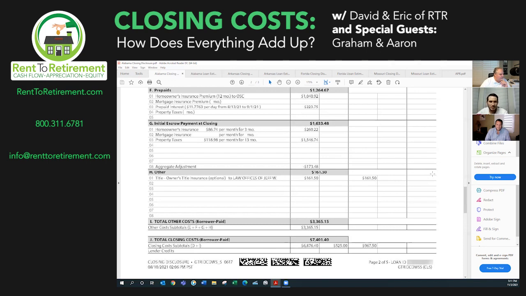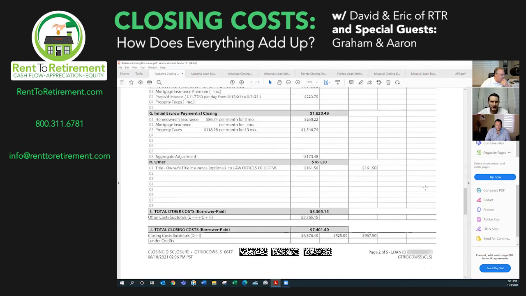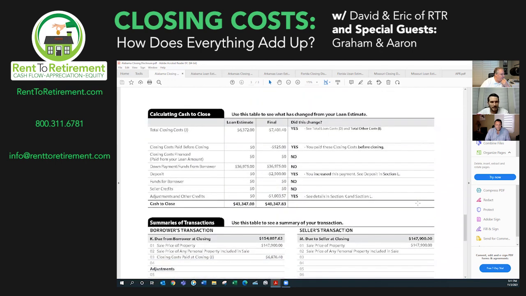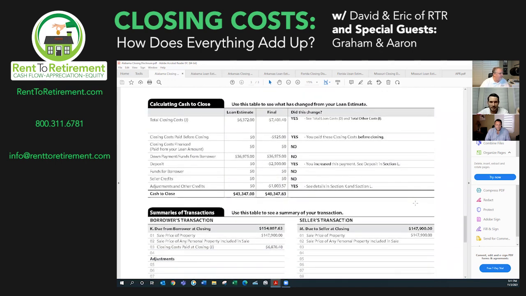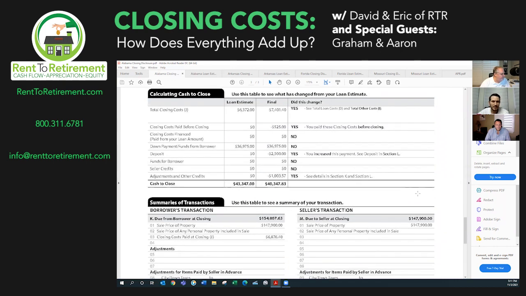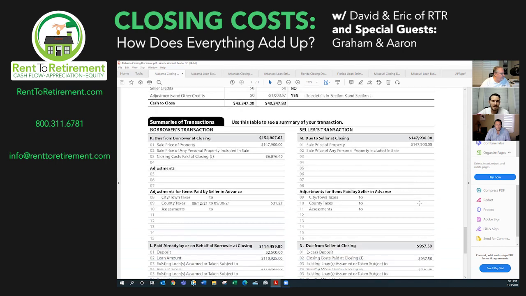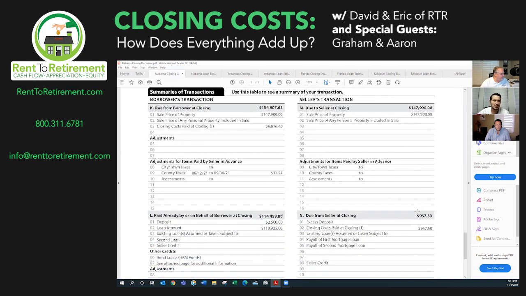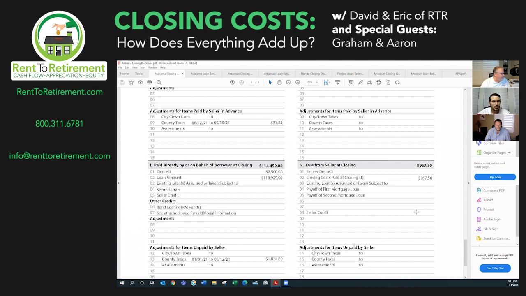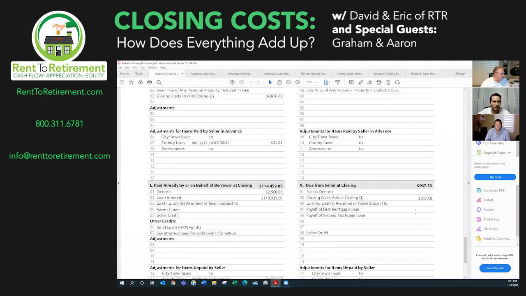Again, section H, we see that title insurance pop in again that Graham covered. It is optional, but almost everyone goes with it for very good reason. If we scroll down to the next page here, we're going to come back up to this calculating cash to close because I really like the breakdown that gives us. But if we keep going down, this is essentially the last page of all these substantial items in the closing disclosure. So the top left-hand section here, scroll up just a little bit, Graham.